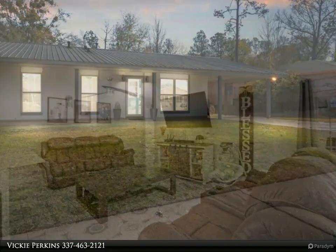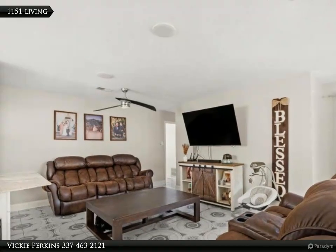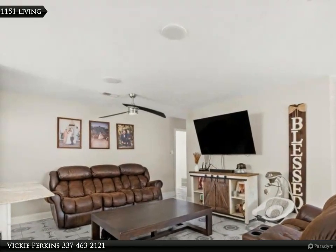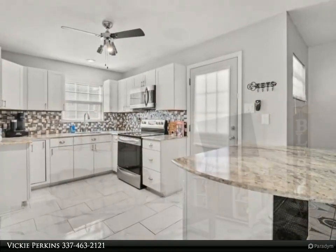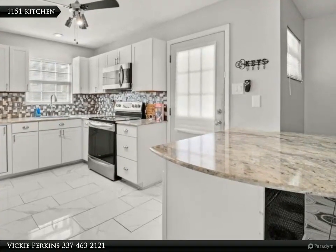All the perks of a new home without the new home price. New HVAC system installed August 2023. Tastefully renovated in recent years to include new windows, new metal roof, new flooring plus new cabinets featuring spectacular granite